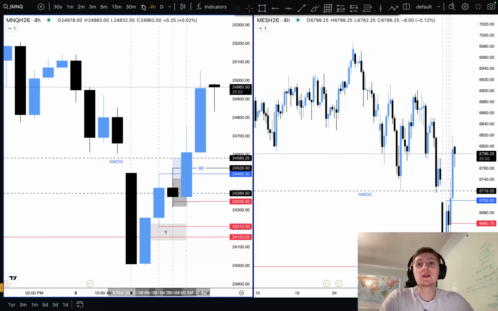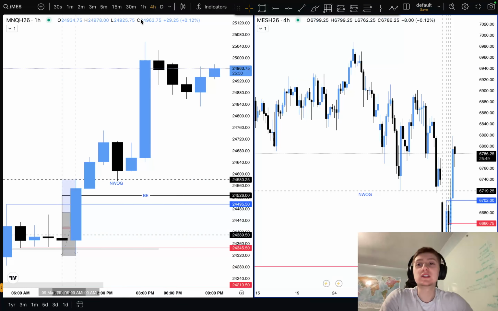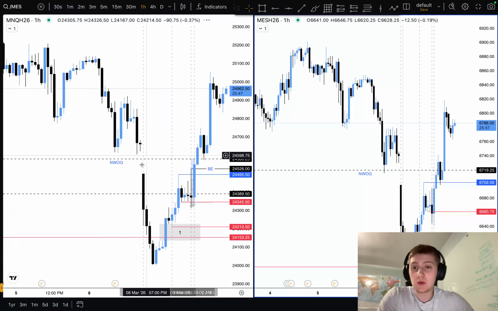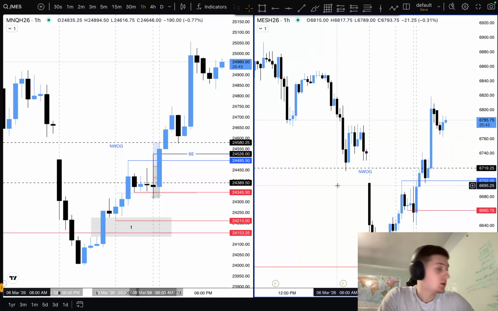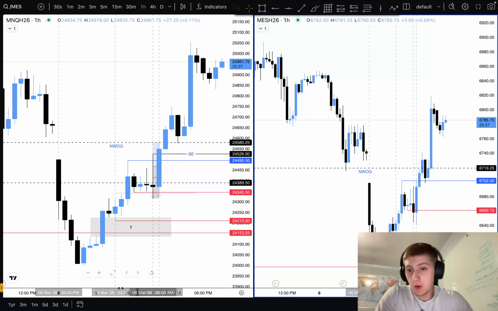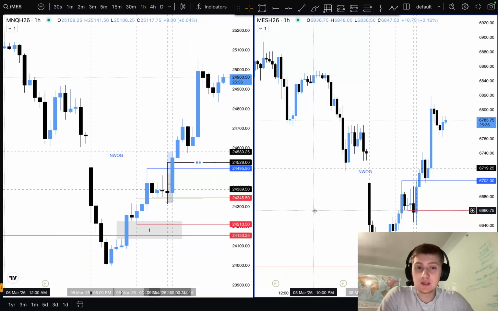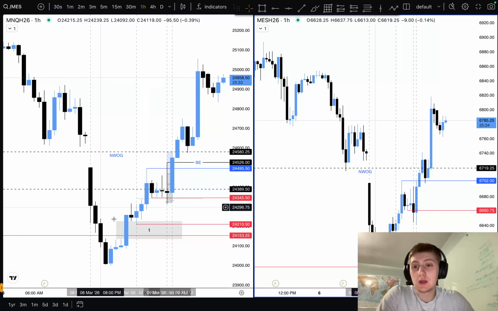And so I log in the morning, I see the new week opening gap, I'm like, all right, cool. Let's see if this is a plausible liquidity and see if we're targeting it and if we're bullish. So what I noticed on the 1-hour time frame, we ended up moving higher, inversing these higher